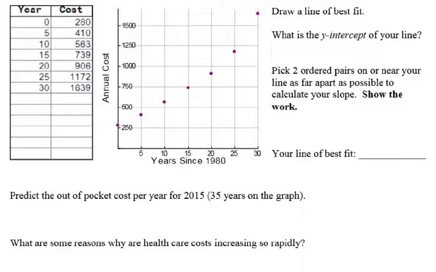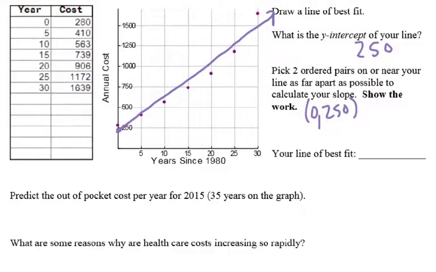Okay, so the next one, same idea. Okay, we've got those points, kind of seeing that line. So if I'm looking at my line, maybe I want to start at 250 and kind of draw my line something like that to try to match that data. Okay, so my y-intercept was 250, so the points I've got, 0, 250, that's my y-intercept, and then where's another good point to use? Okay, maybe right about here,